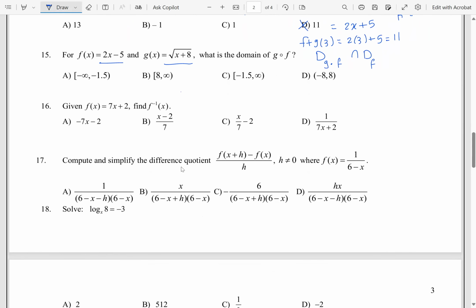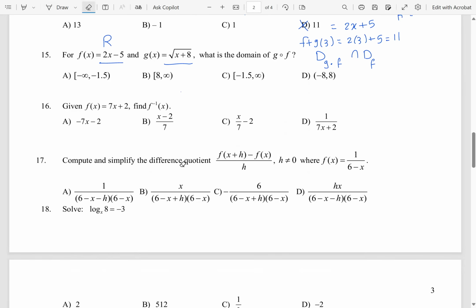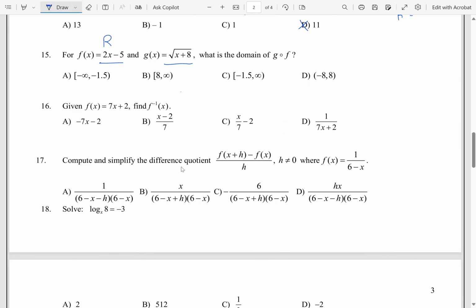So if you apply this rule, domain of f actually is R, it is a polynomial. And to find the domain of composite function, you have to find it first and then intersect its domain with the R. So g dot f of x is equal to